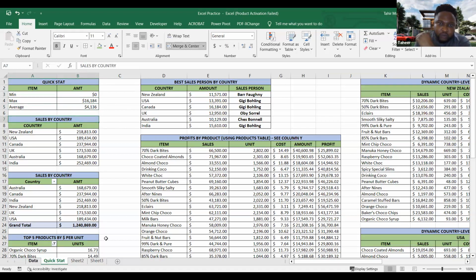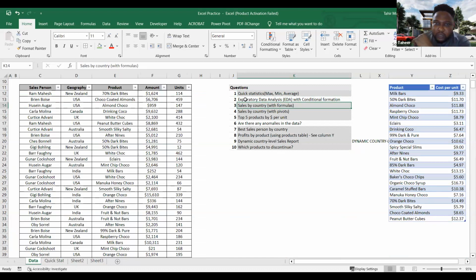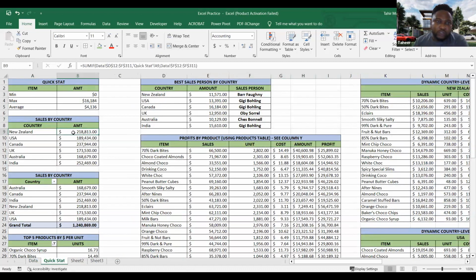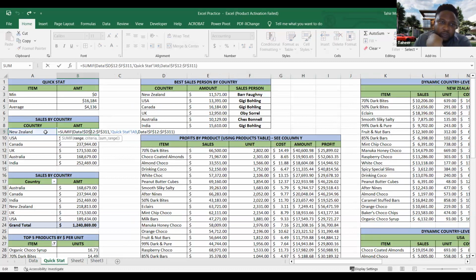Then we come to number 2. I skipped this one because I didn't really know what they are asking, but I showed it somewhere else. I didn't highlight it because maybe I didn't do this one. Then we go to number 3, sales by country with formulas. Here I used SUMIF. Do I need to explain the formula of what I did? Please do. Okay, here I use SUMIF, which means if I double click now,